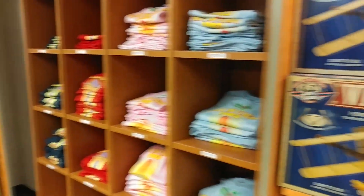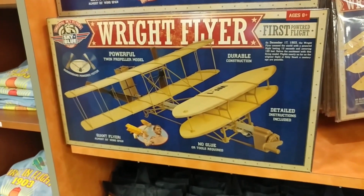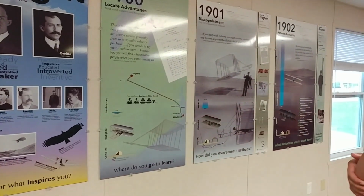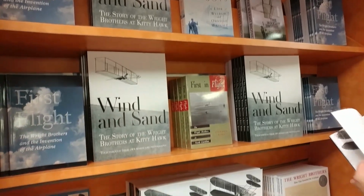T-shirts. Wright Flyer. They've got a pretty good temporary setup. By the time this is released, the visitor center will be long finished. Oh, the statue